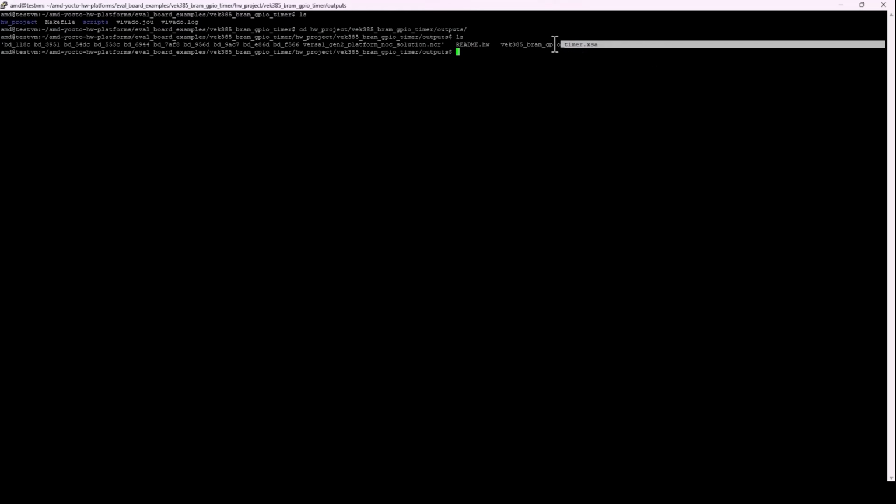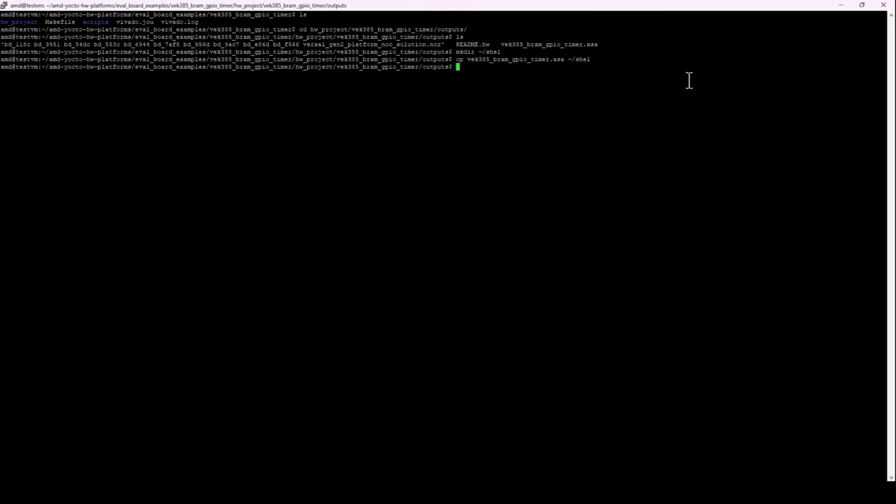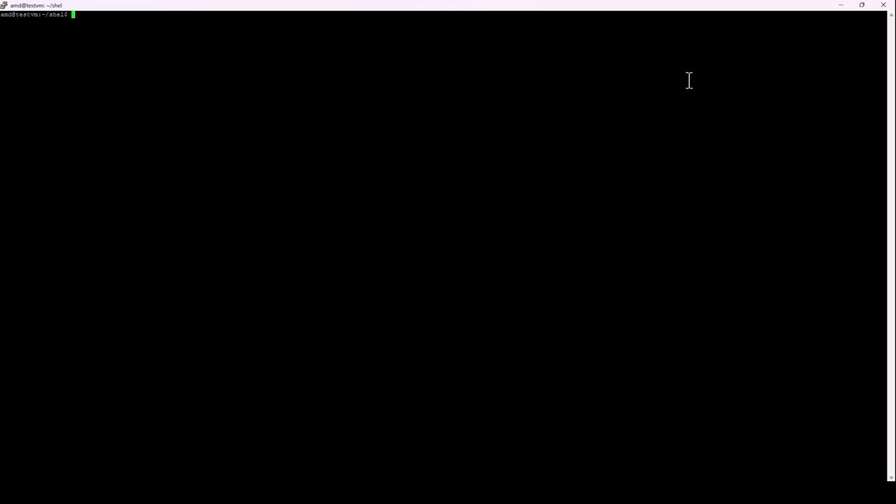Create a new directory you will use as a Yocto Project build directory and move the generated XSA file to it. Next, the system device tree can be generated from the XSA file. Here, to be able to get into the SDT environment, type sdtgen and hit enter. Note, you will still need to have an active Vivado environment in your shell.